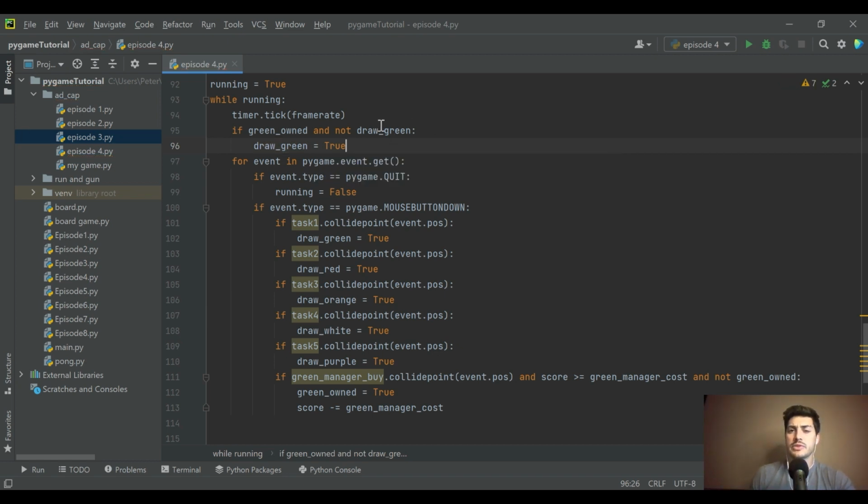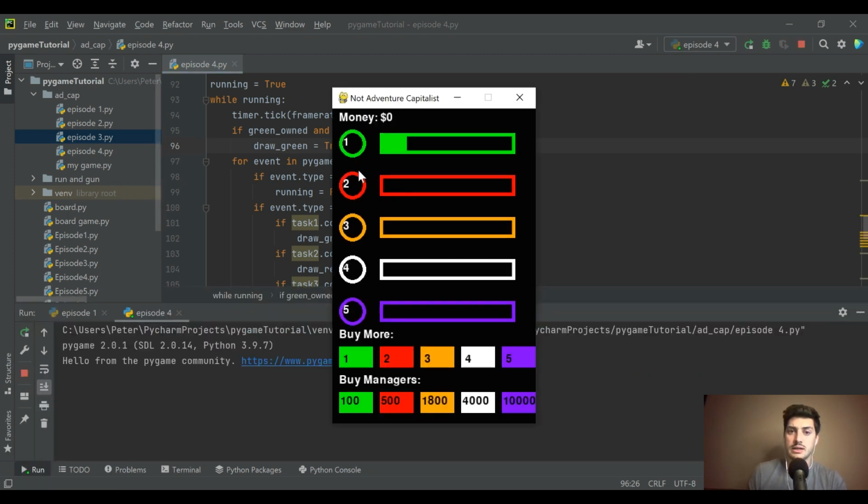So another way to think about this draw green, we called it draw because it's what's actively drawing the progress bar, but it also could be thought of as like a green active variable. And so what we're saying here is if you own the manager and it's not active, set it active. So let's go ahead and run this, and before I copy this code 5 times, let's just get to 100